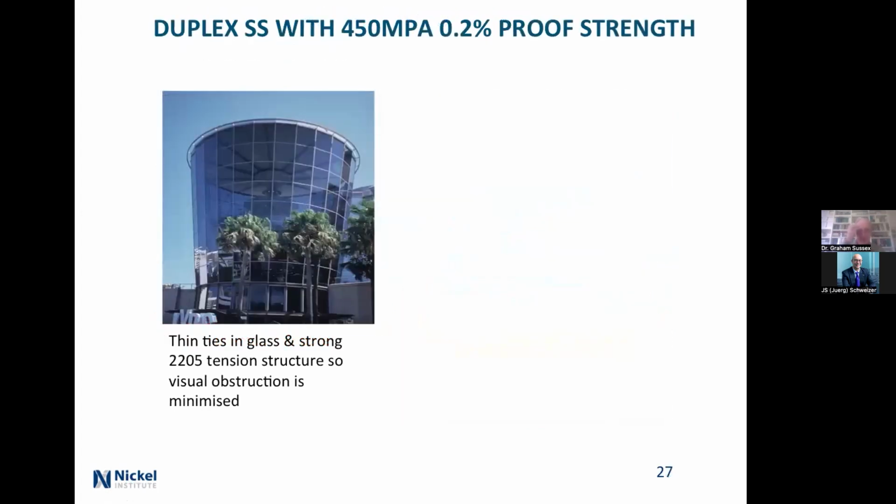This is Sydney. This is a glass cage, basically. So the idea is you're inside and you're looking out, and you don't want to be looking at lots of things. So imagine that the tension structure here was in painted carbon steel. It's not terribly strong. And secondly, anytime it gets scratched, then you have to paint it. So they made it with 2205, smaller diameter things there, and they don't have to do anything other than wash it. And that's pretty easy to do. One of the advantages of duplex.